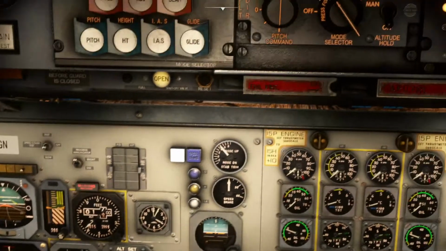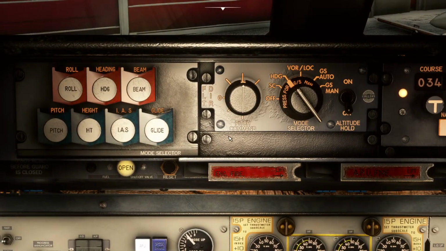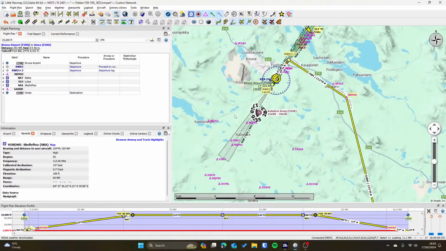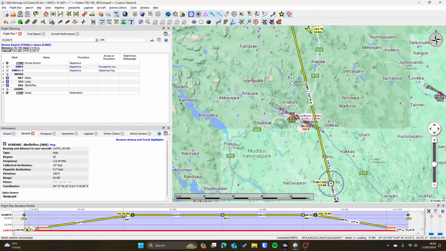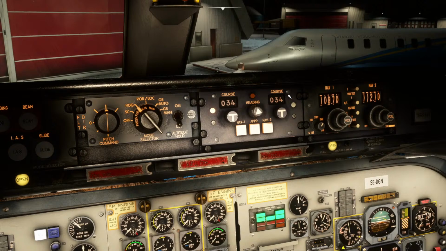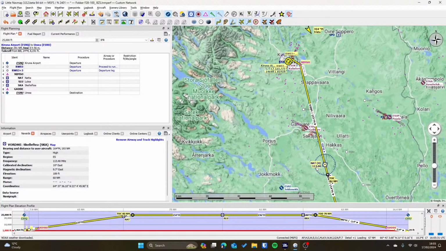And then the section in the middle is the course, and we're going to set that to our takeoff direction as well. Although, saying that, we actually want to be flying 155 degrees into the... yeah, let's set it to 155. That will make sense, wouldn't it? So the heading bug is the runway direction, and then the course is the initial VOR. So course 155, and nav1 should be on